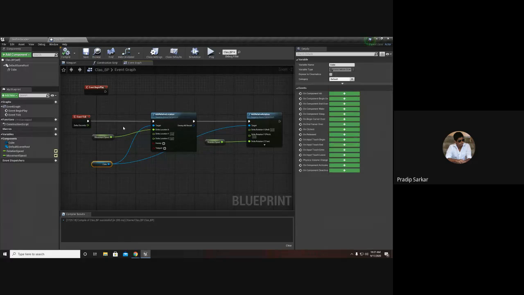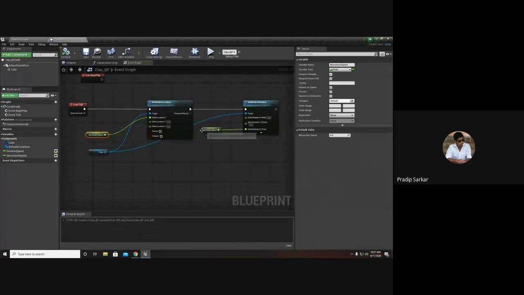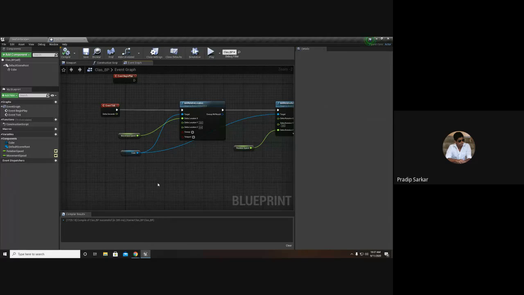So to get some control over the object, let's say whenever I press the left mouse button, the cube should move, and whenever I press the right mouse button, the cube should rotate.